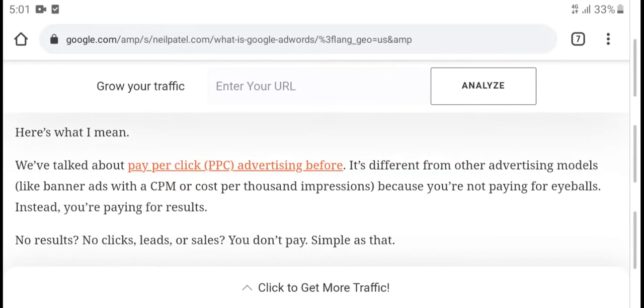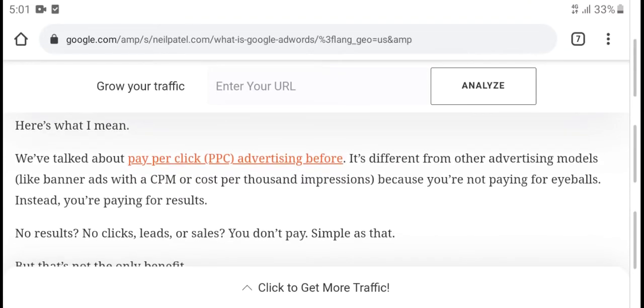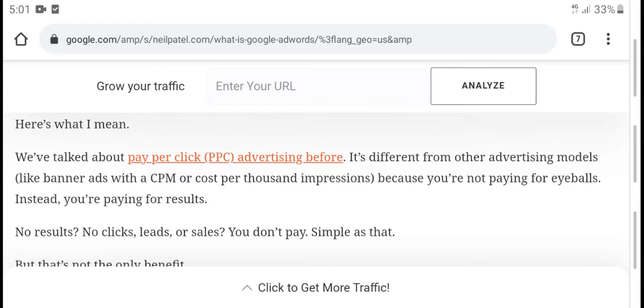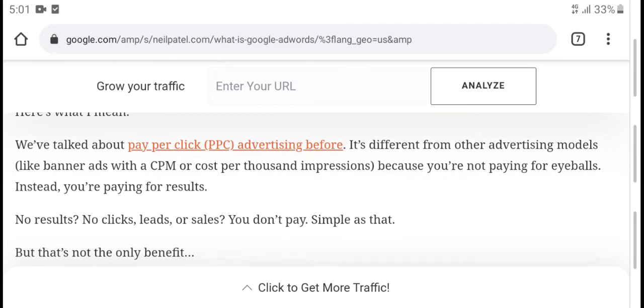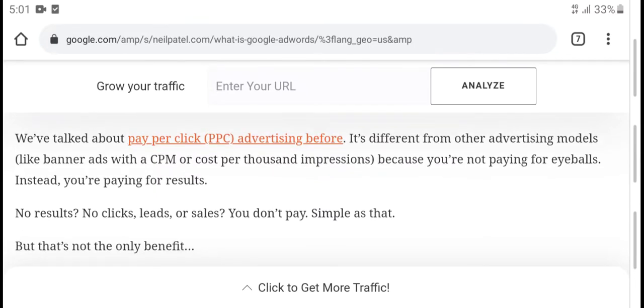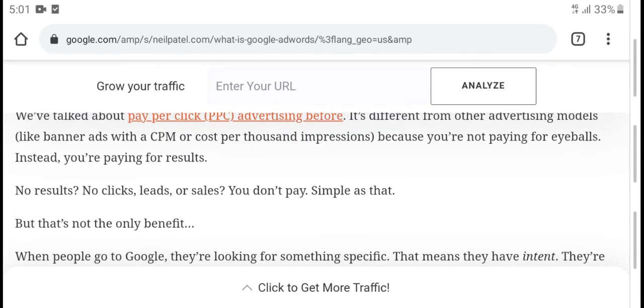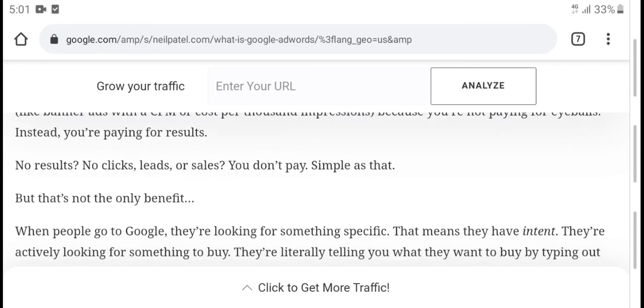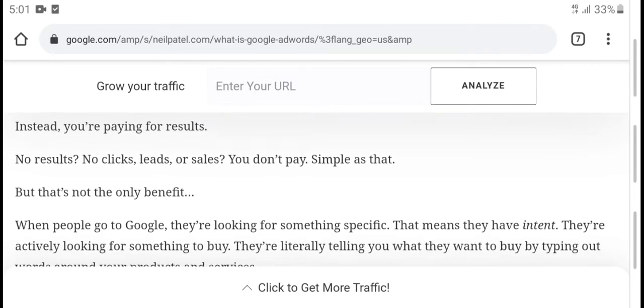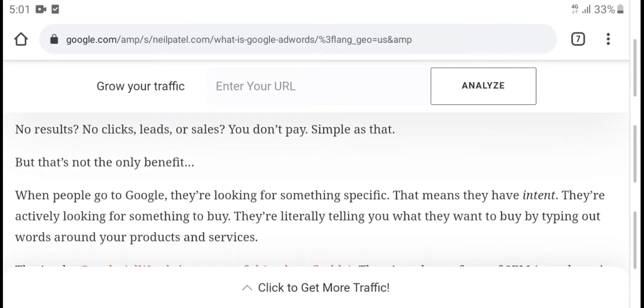means very targeted, about pay per click and PPC advertisement, before I defend other advertising models like banner ads, which are CPM, cost per thousand impressions. Basically you are not paying. State payment: result, not click. Return on sales. Don't pay, simply, that's but this in benefit